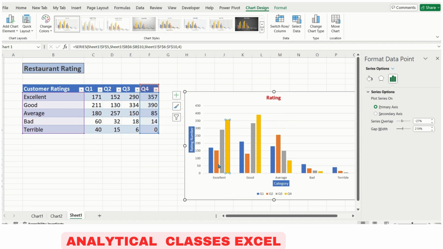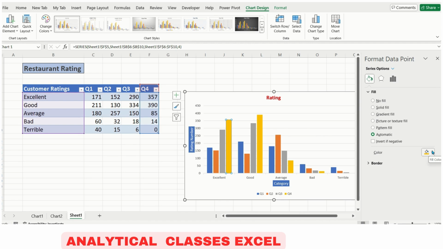If you want to increase the width of these columns, you can do that as well. Series overlap means if you want them to be very close, you can do that as well. If you want some spacing between them, you can do this. If you want to change the color of these bars, you can do that from here. Let's say if I want this color, it will be done, but you have to do it for every bar. Now